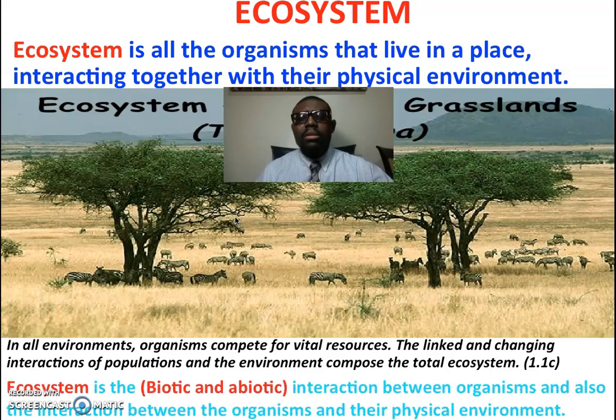Okay, so let me ask this. In the Bronx Zoo, for example, we have elephants. So in the Bronx Zoo, organisms such as elephants live over there, and they interact with their physical environment. So these organisms' ecosystem will be the Bronx Zoo. That's where they live, that's where they interact with their physical environment. So these organisms at the zoo, their ecosystem is the Bronx Zoo.